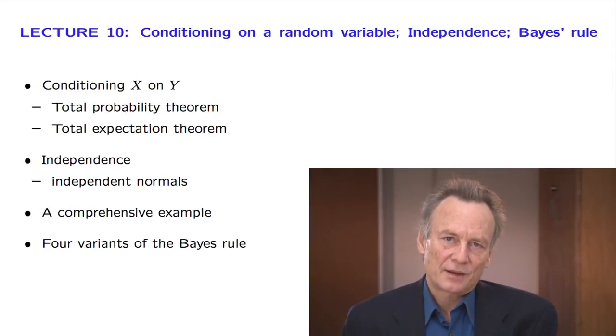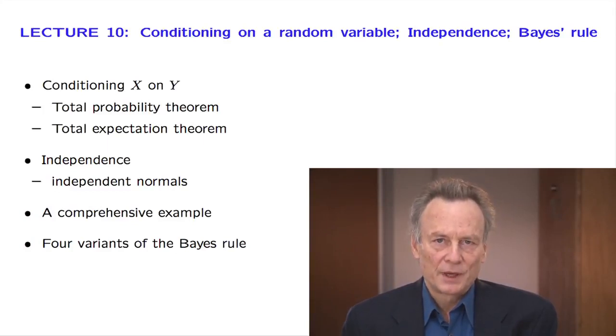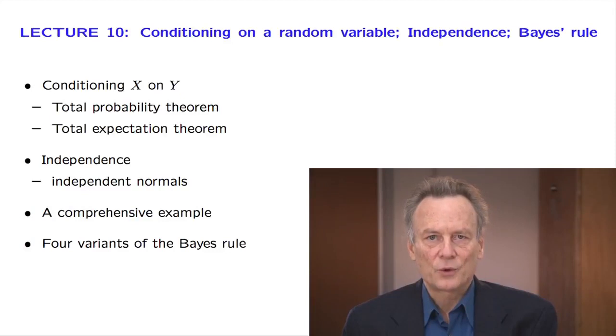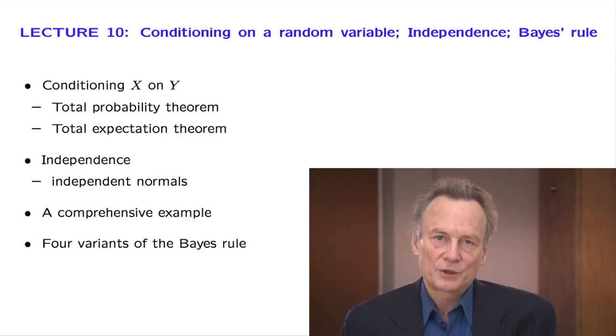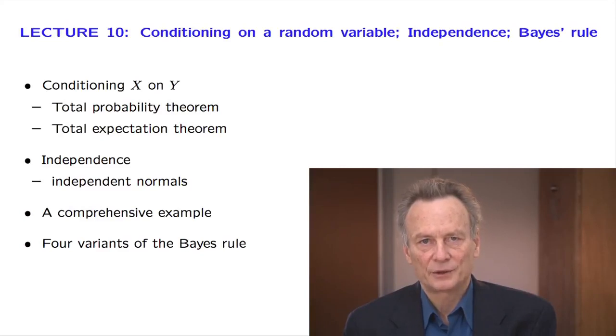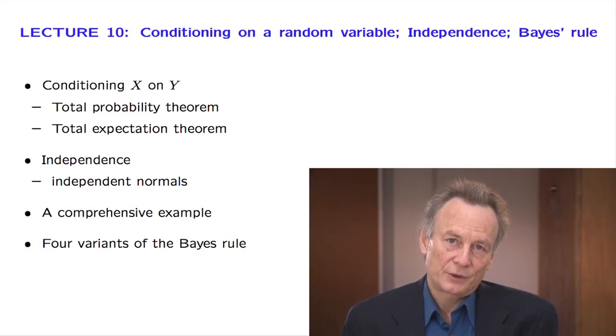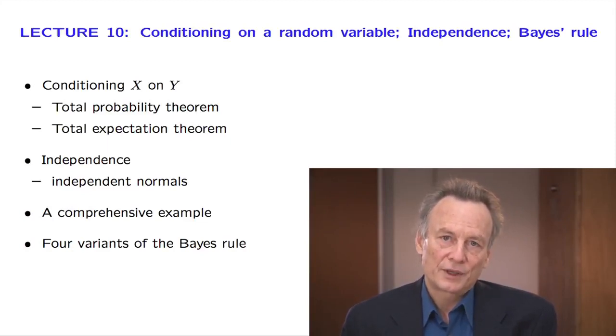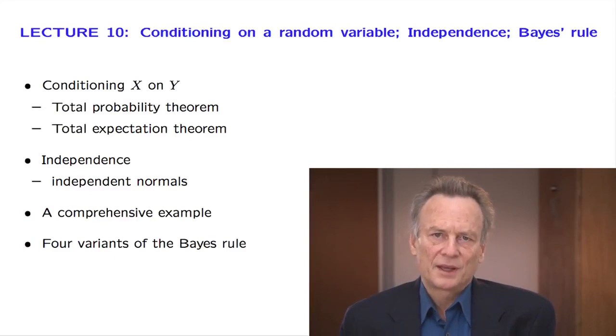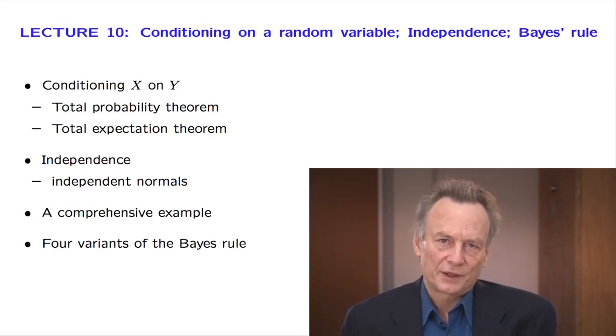Then, in the second half of the lecture, we will focus on the Bayes rule. This will be the methodological foundation for when, later in this course, we dive into the subject of inference. The Bayes rule allows us to revise our beliefs about a random variable, that is, replace an original probability distribution by a conditional one after we observe the value of some other random variable. Depending on whether the random variables involved are discrete or continuous, we will get 4 different versions of the Bayes rule. They all have the same form, with small differences, and we will see how to apply them through some